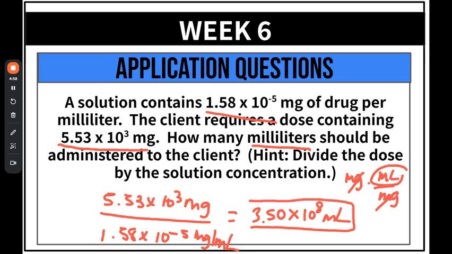And if you don't know what to round your first number to, you can look at the numbers that they provide you in the question. So here they rounded to 2 decimal places, and here they also rounded to 2 decimal places. So it's safe to say we can round our answer to 2 decimal places as well. Okay,